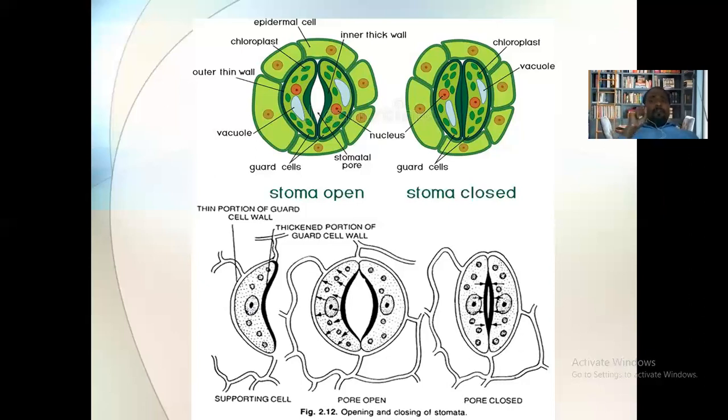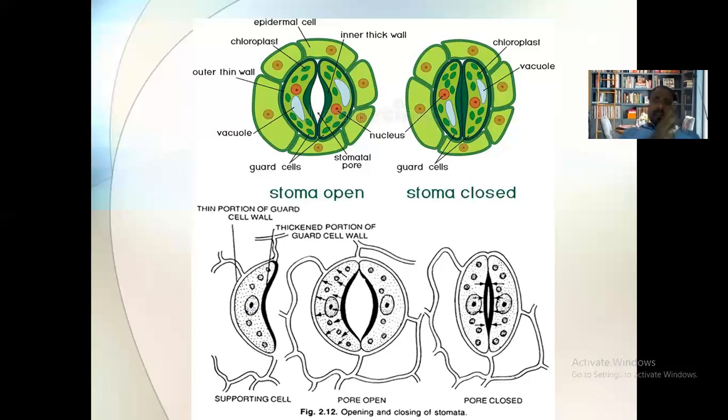Now remember, this takes place when the osmotic pressure, DPD and SP in the atmosphere are higher, that is, the OP, DPD and SP in the atmosphere are higher than those in the intercellular spaces of the leaves. Getting it? At that time, the water in the form of vapors will come out of what we call the stomata.